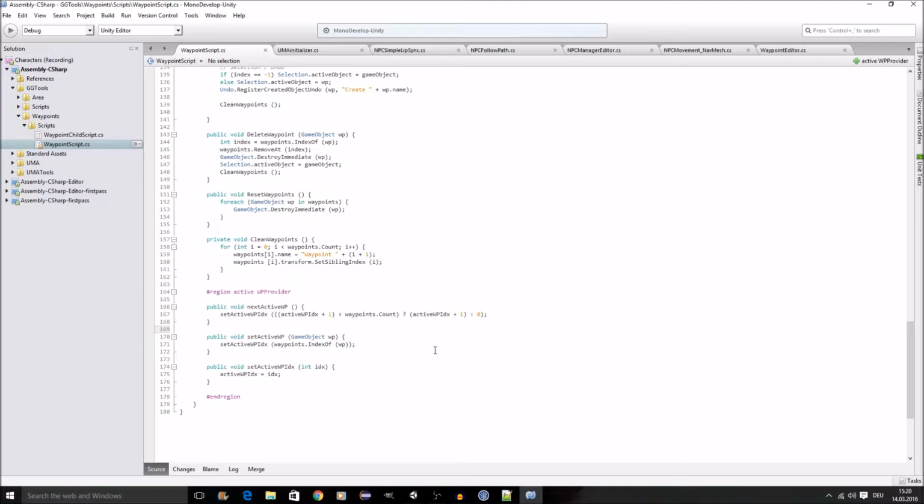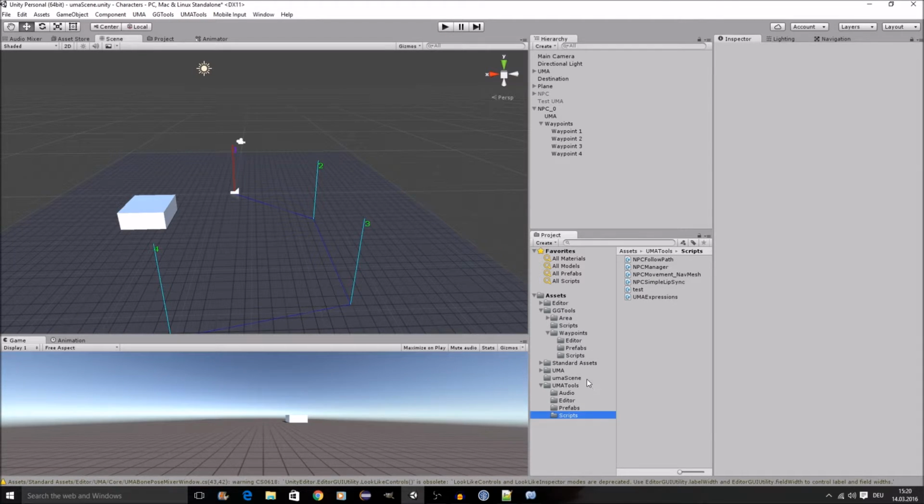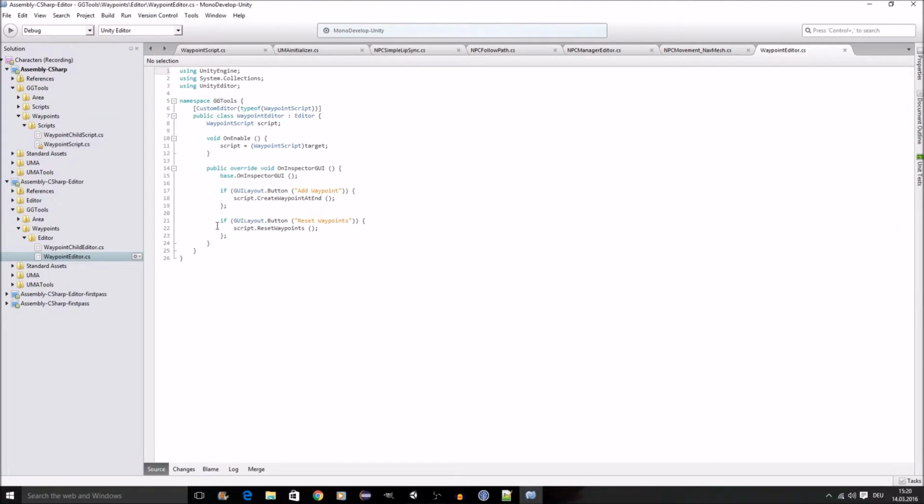We just need to add a button to our editor, so let's do that. Where do we have it? Waypoint Editor, open it up, double click in MonoDevelop. I just copy the last button, and instead of reset waypoints, I call this next active waypoint. Yep. And we call NextActiveWaypoint. That needs to be a capital N. So I save it and